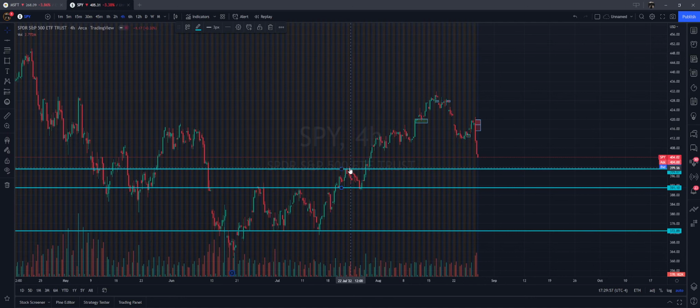We have a rejection, a breakthrough, and then this resistance becomes a support. It broke the resistance right here, and then it came back down, bouncing at the previous resistance, becoming a support,